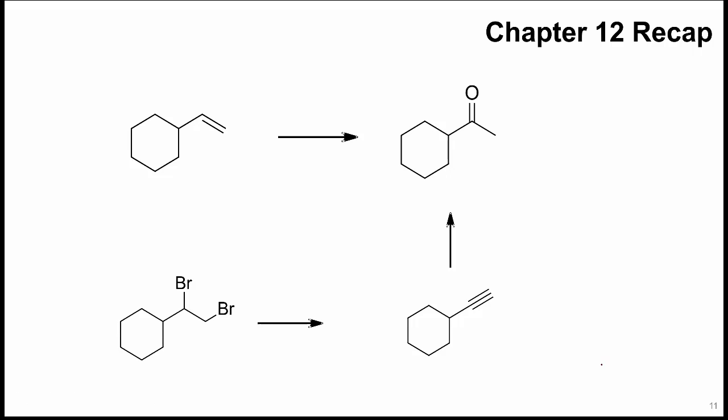What is the way I know how to make an alkyne? Well, I can make an alkyne using 2 Br groups on there. And I can get to 2 Brs from the alkene. So then think about what reagents you can use. Br2 will add 2 bromines to an alkene. And then to do an elimination, we need excess sodium amide, followed up with water. And then to get to the ketone, we use mercury sulfate, water, and then sulfuric acid. So that's how we get through our retrosynthesis, is to work at what comes just before that last thing there. All right, does anybody have questions so far?